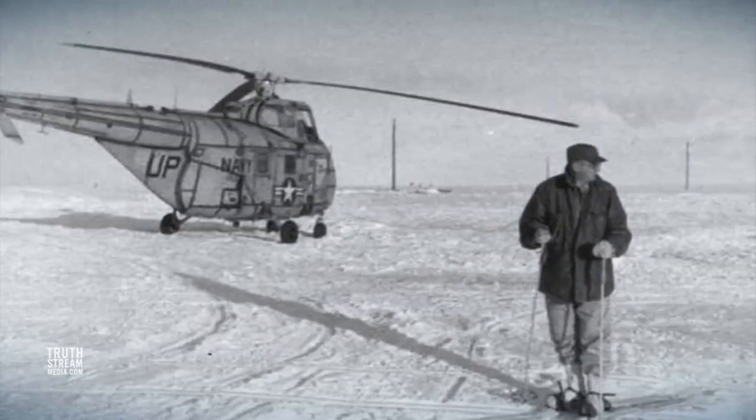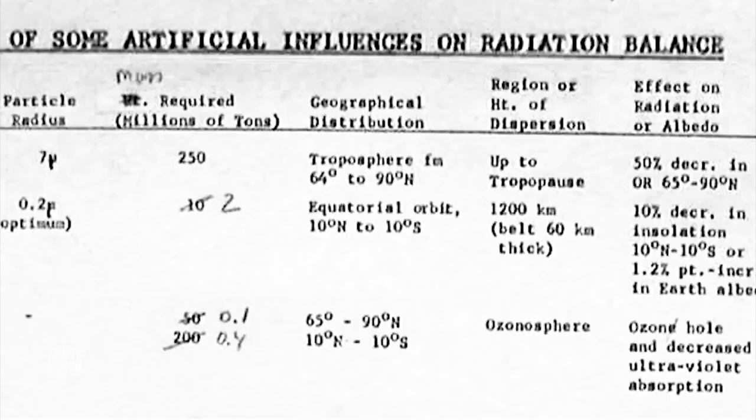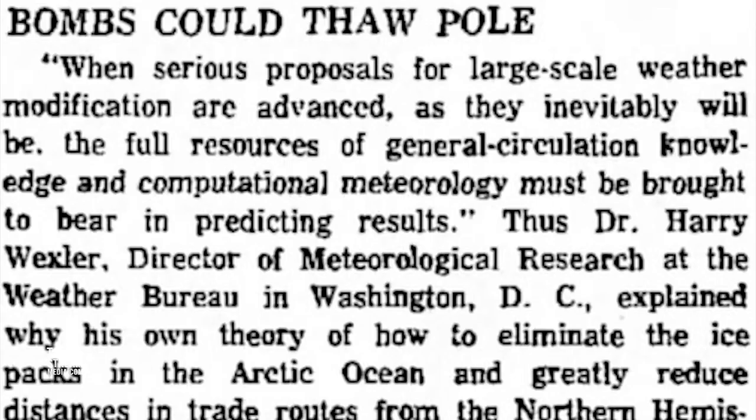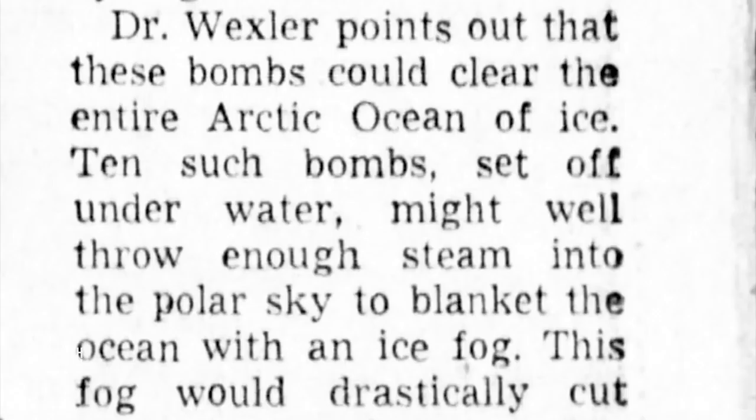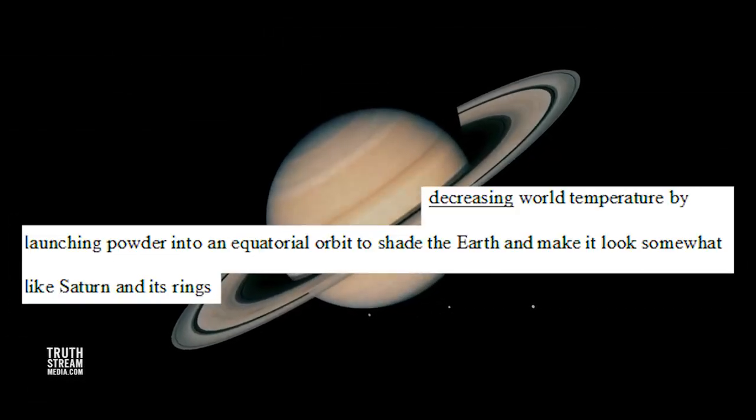In his papers, Wexler had detailed specific designs for planetary scale manipulation of the Earth's climate, using short and long-term radiation, and inducing artificial worldwide climate change. Another of his plans was to set off enough hydrogen bombs in the Arctic Circle to melt the ice and increase the world's temperature. Or conversely, Wexler proposed launching a fine powder into equatorial orbit to reduce the Earth's temperature